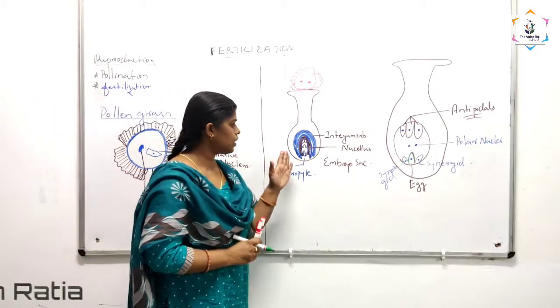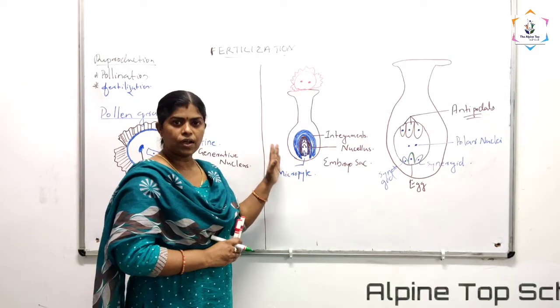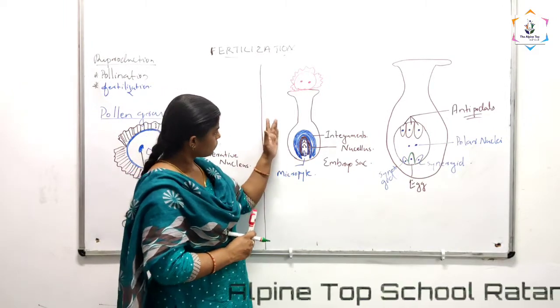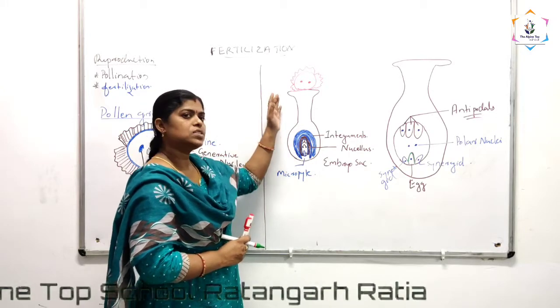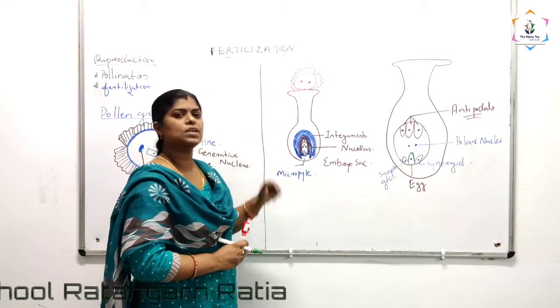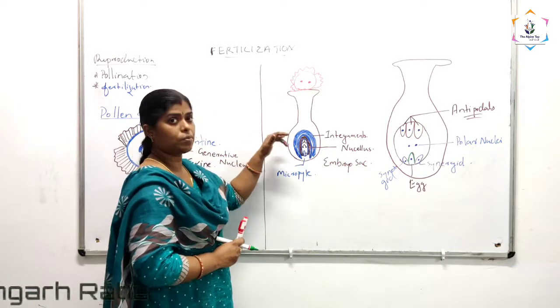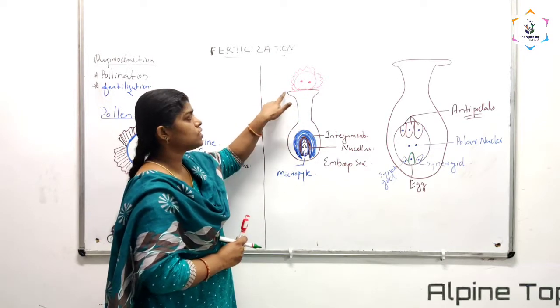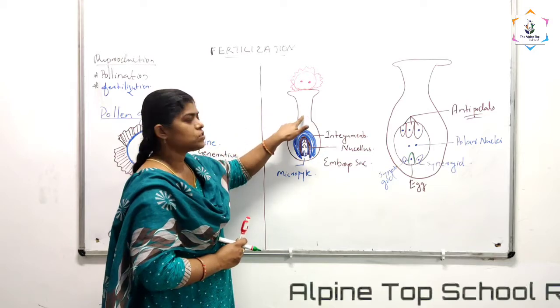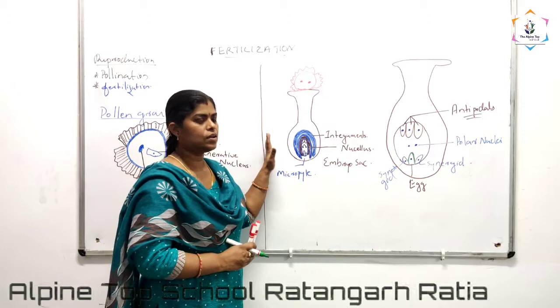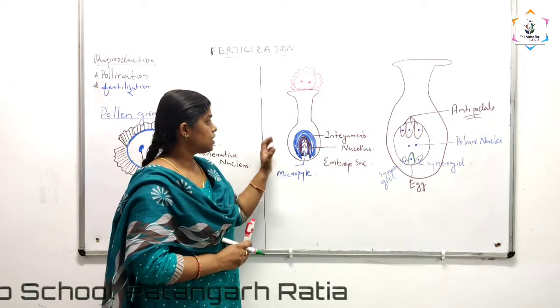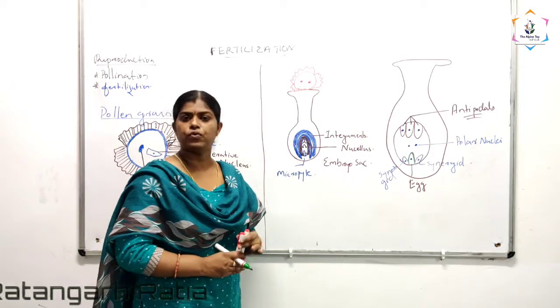In the structure of the flower class itself, I told you the general structure of the pistil that we have studied. It has three parts. What are they? The distal portion is known as the stigma, the tube-like portion is known as the style, and the bulged portion is known as the ovary. Like that we have studied. Now let us see the detailed structure of the ovary.